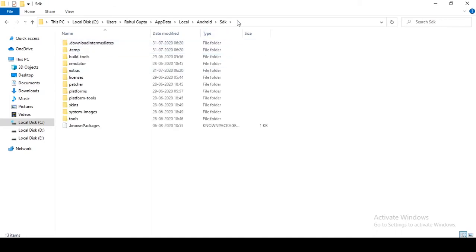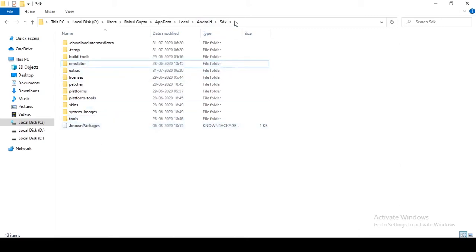You have to navigate here, and you will see a tools folder. If you are using an older version of the SDK, you have to go inside tools. Otherwise, if you use the latest version of the SDK, you have to go inside emulator.